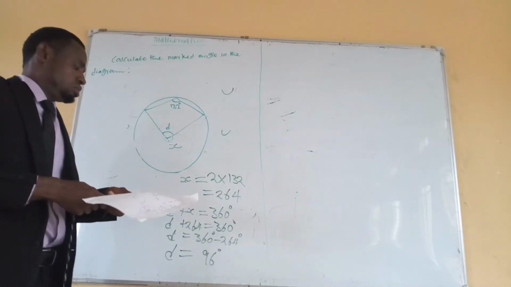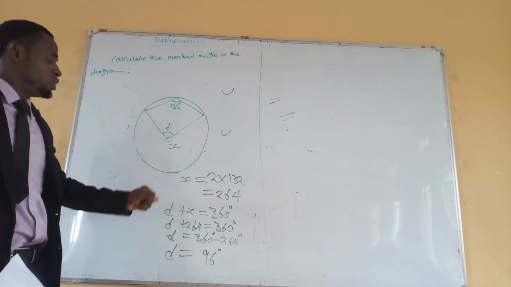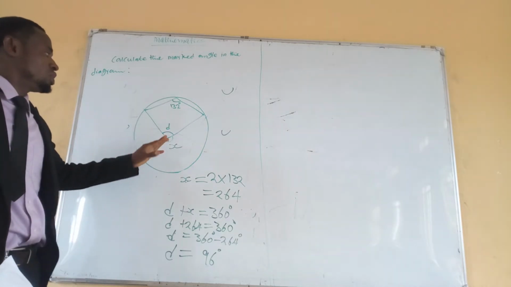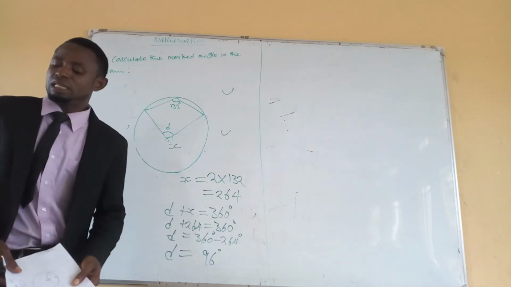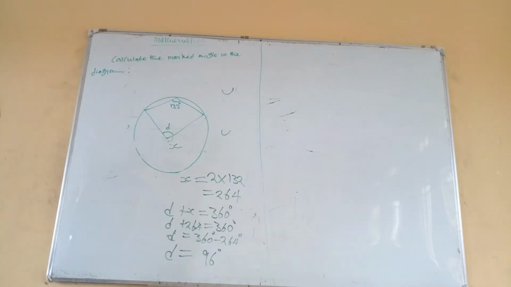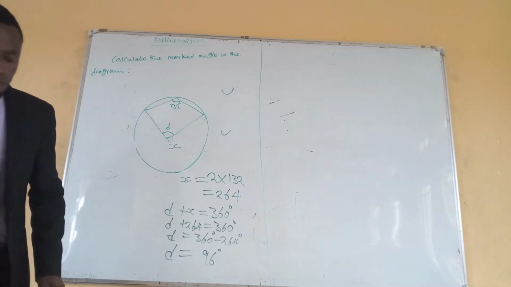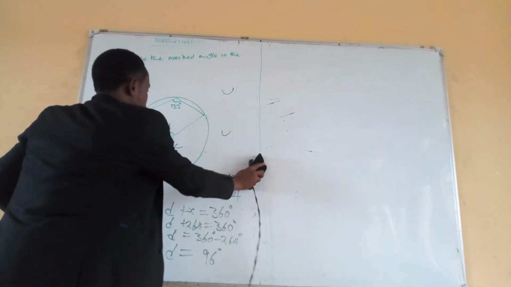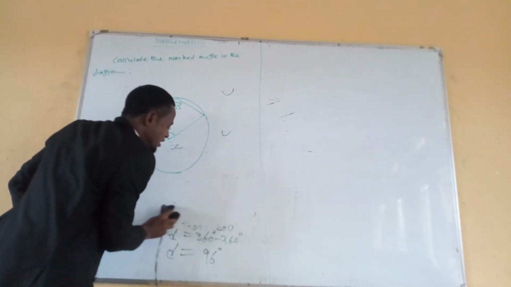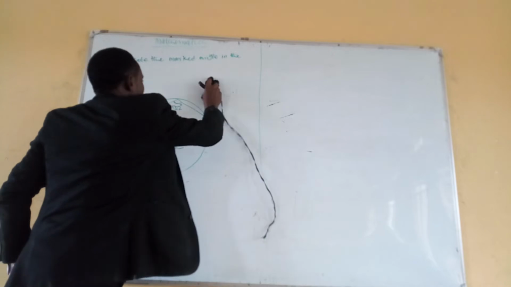So this is how to manipulate your way to get the angle in any question that involves angle at center and angle at circumference. Let's quickly look at another question, very confusing to students. Let's say we have something like this. We are going to use the same circle,